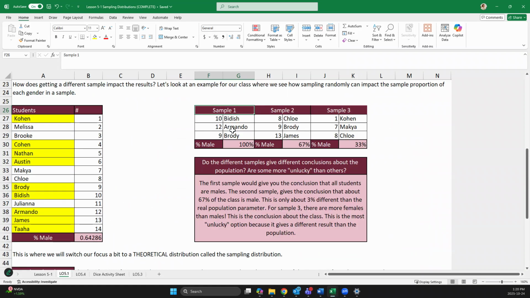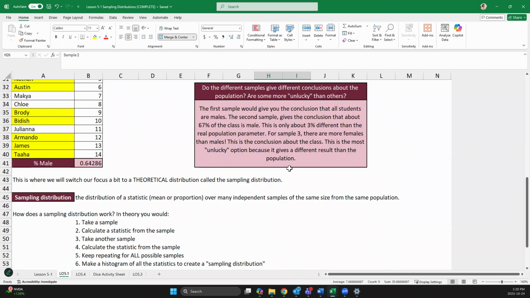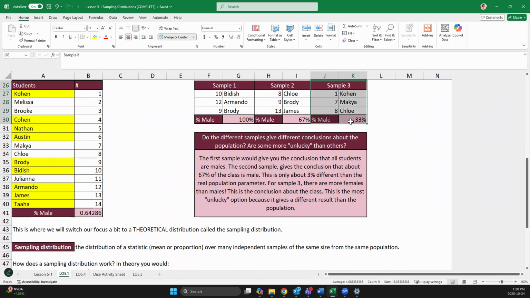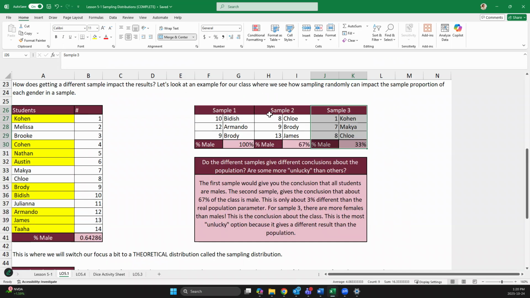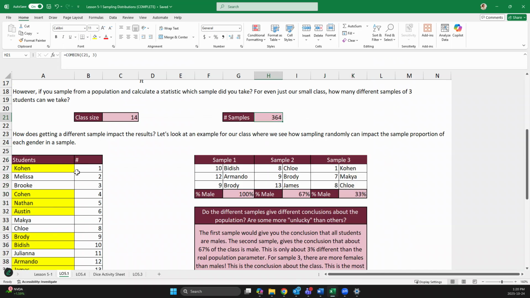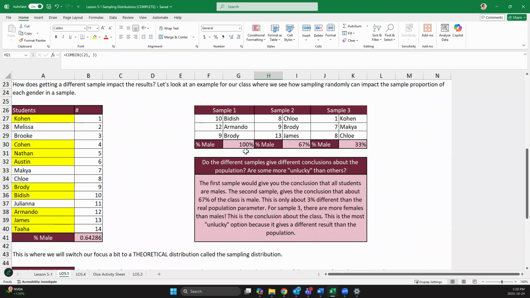So what does this mean in real life? Basically, it means you would take a sample like we did here and calculate either the proportion, the percent, or the mean for it. Then you would take another sample and calculate the proportion or the mean. Then you would take another sample and calculate the proportion or the mean. And in theory, you would do this for all possible options. So you would do all 364 samples possible. Then once you get all 364 samples possible, you would look at the distribution of the percent of male versus female you get for each of those